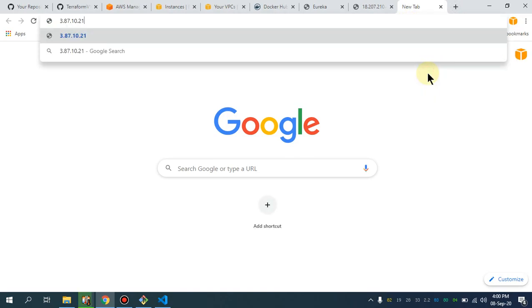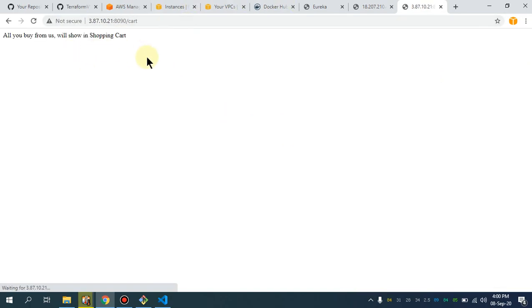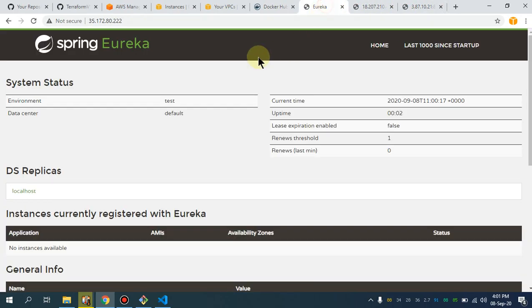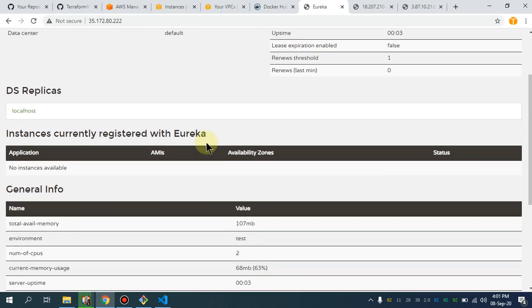The shopping cart service is running on port 8090, and I'm going to call this cart. You see, everything you buy from us will show in the shopping cart. Both services are up and running, and the registration process will take some time, after which they should register automatically with our Eureka server.